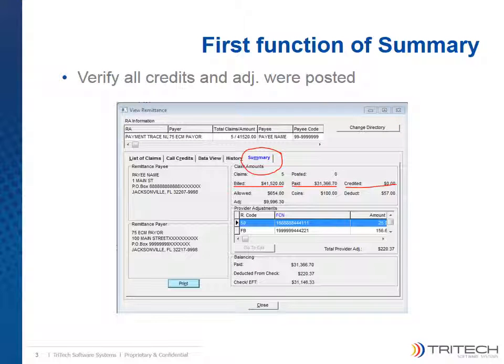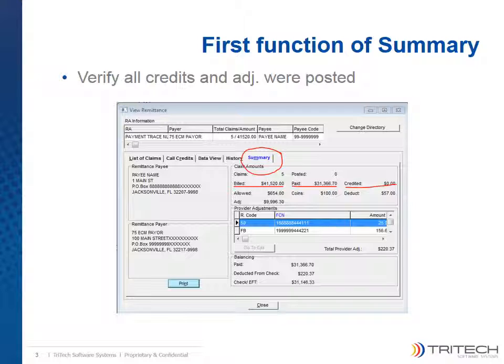The first of those is to verify that all credits and adjustments from the remittance have been posted. This is confirmed by reviewing the information in the Claim Amount section of the summary. The first row of information provides a count of the claims included in the remittance, along with a count of the claims that have had credits posted from this remittance. If the number of claims and the number of posted claims are the same, then all possible remittance credits have